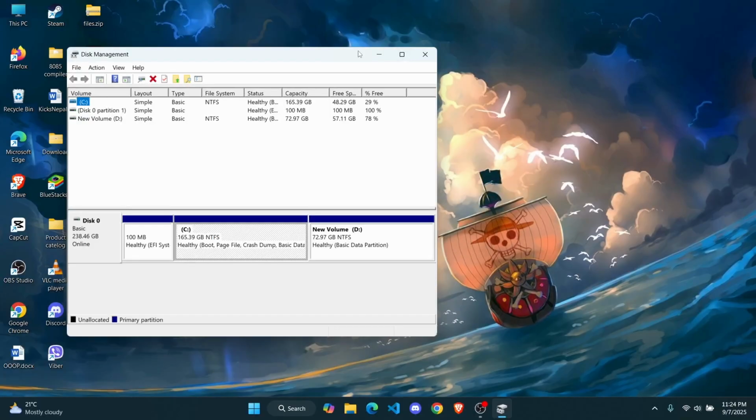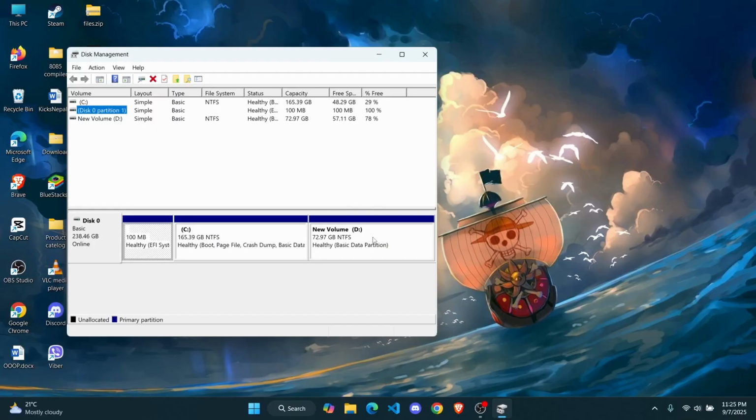Now here, as you can see, I've got only one disk, which is my main SSD. If you want to create a new partition, you're going to have to take a chunk out of your latest volume. You cannot do it on the C drive because right next to it is the D drive, so the serial order is not going to work like that. So you basically have to have some space left on the latest drive, the one that's at the end of your line. So I'm just going to take a bit of a chunk out of this drive to create a new